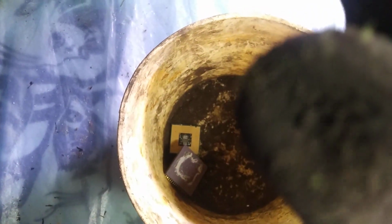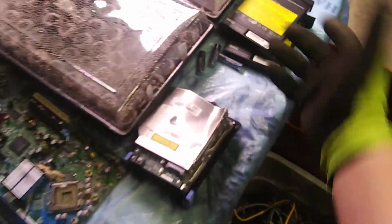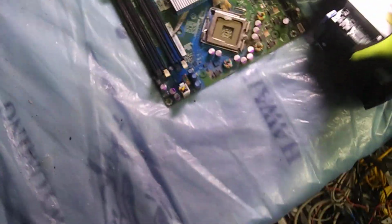Next bucket over, we've got CPUs. Not many in here right now, but we have an AMD. Is it 486? No, but it's an AMD CPU, and then we have one of these copper top no pins, garbage, but hey, it's something. Then, other things I don't have bins for right now, like lithium-ion batteries, dirty aluminum, or, irony aluminum,